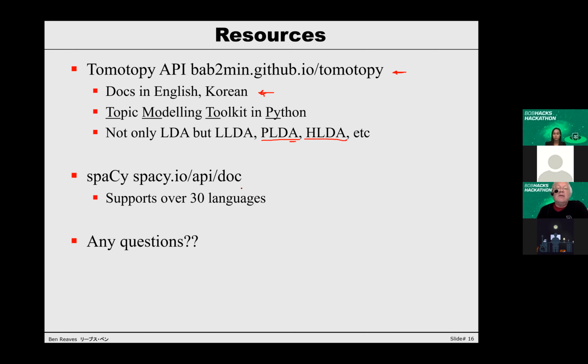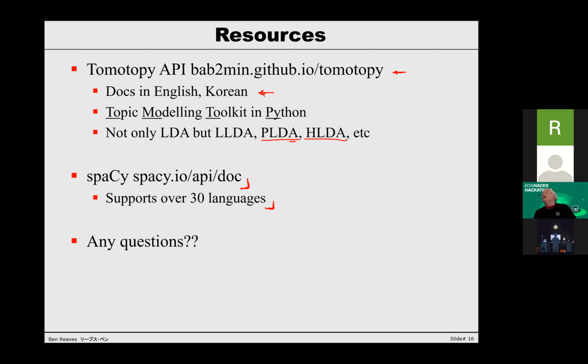And for Spacey, here's the page about Spacey. It's a lot more complicated to use. Tomotopy is actually really simple to use, a really nice, clean API, but Spacey is harder to use, but it's so much more powerful. And I think they're supporting like 45 languages now. So this is very language specific. So Spacey is incredible help. That really makes the difference between getting a useful topic model and nothing. And that's pretty much, I hope I didn't blow you all away, but that's pretty much the end of the